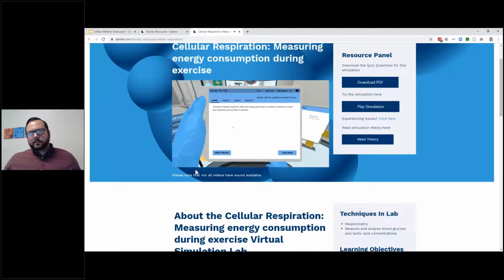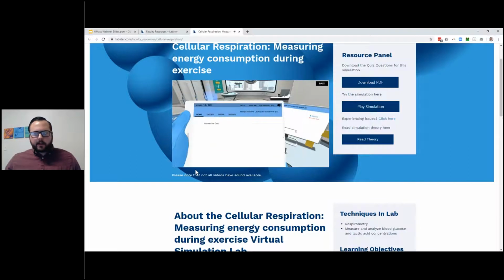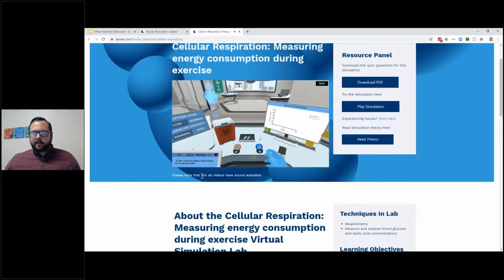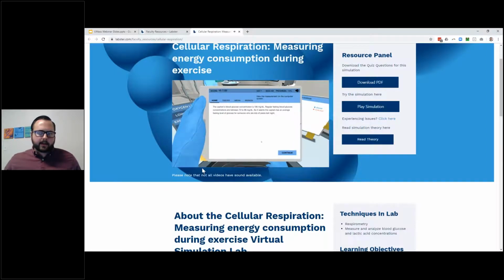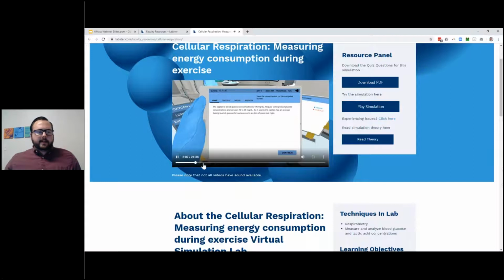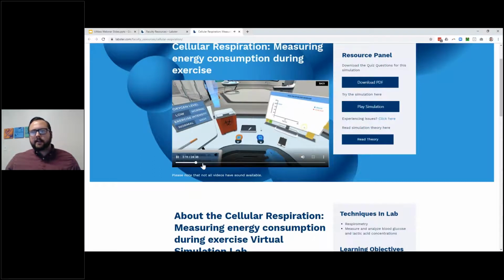Once you answer these questions, you're going to start going through the experiment just like you would in a real wet lab. Here, you're going to take the blood sample and put it in the glucose meter, and it's going to tell you what it reads. It's going to graph on the screen, and it's going to start asking you questions around what you're looking at. Same thing goes with the lactic acid meter, and they'll answer these questions and start really understanding how they're going to help this team and what they need to come to for an answer at the end.